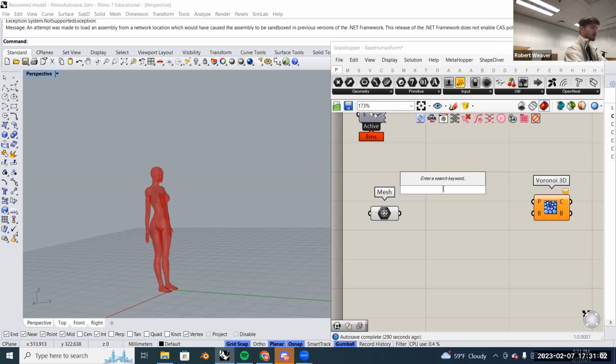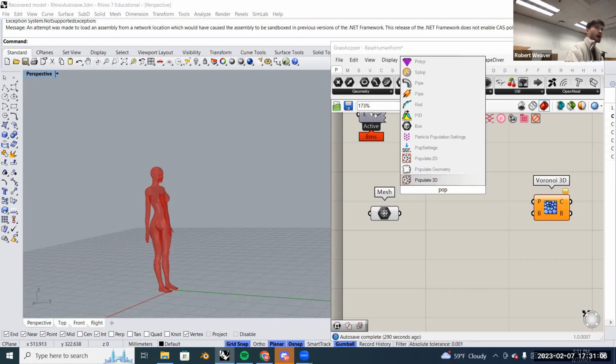So with creating a cloud of points, there's 3 different options, and they start with the word populate. So we have populate 2D, 3D, and geometry. I believe last class we used 2D and 3D, and those are just for simple regions. So today we'll go with populate geometry, and this will work with any vrep or mesh or surface that you